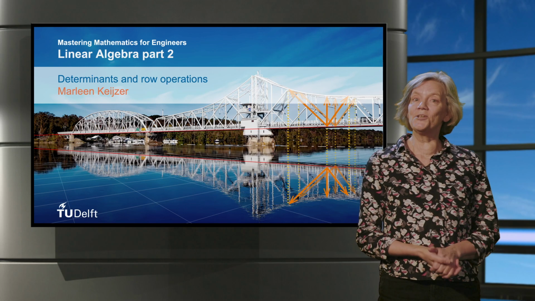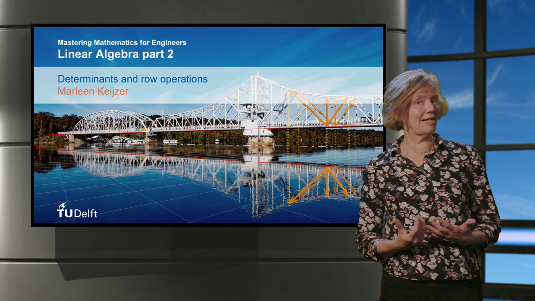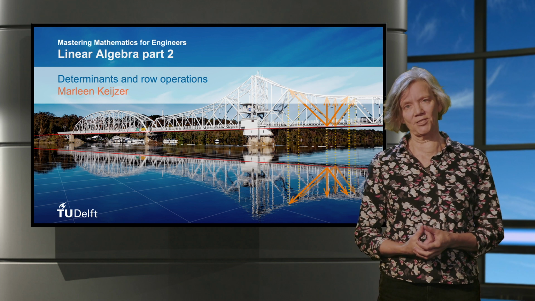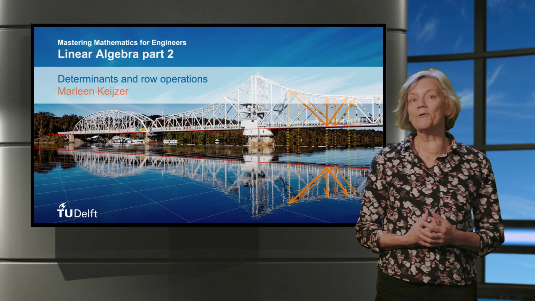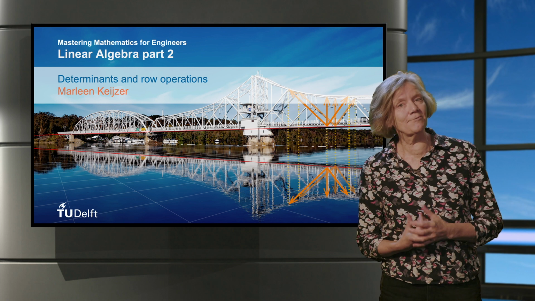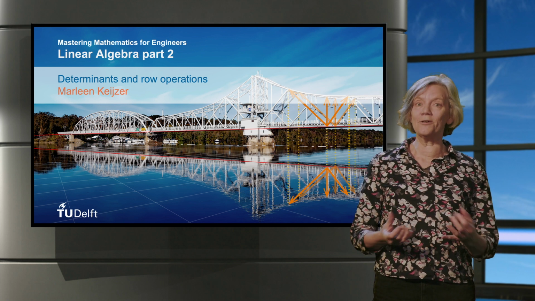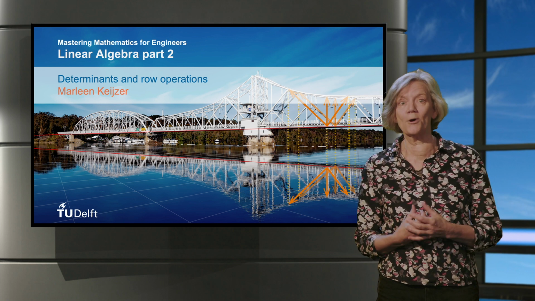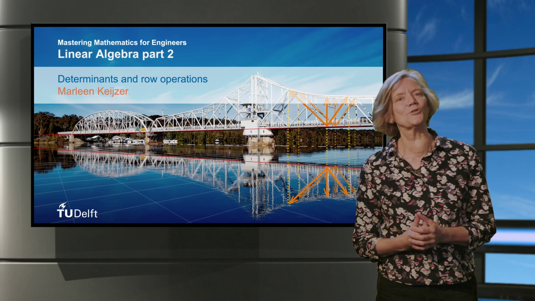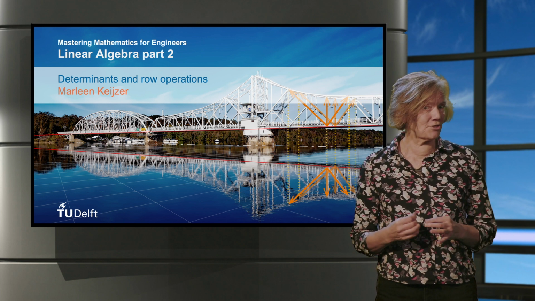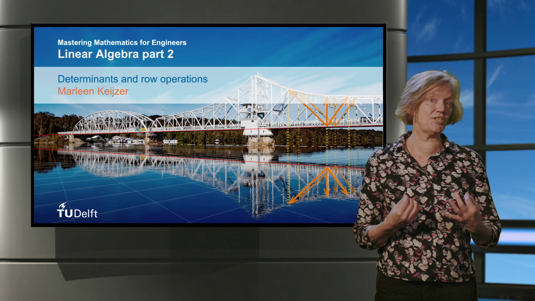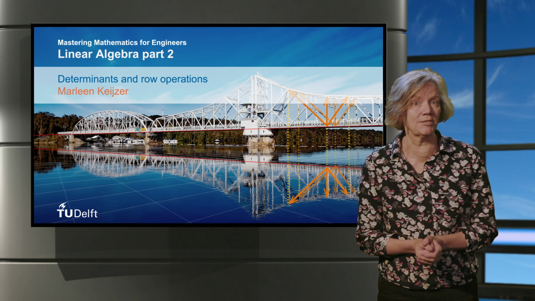You have seen that the determinant of a matrix can be calculated using a cofactor expansion. You have also seen how convenient it is to have zeros in the matrix. In this video, I will show you that you can use row operations to create more zeros. Let me first stress that some of the row operations change the value of the determinant, so you have to